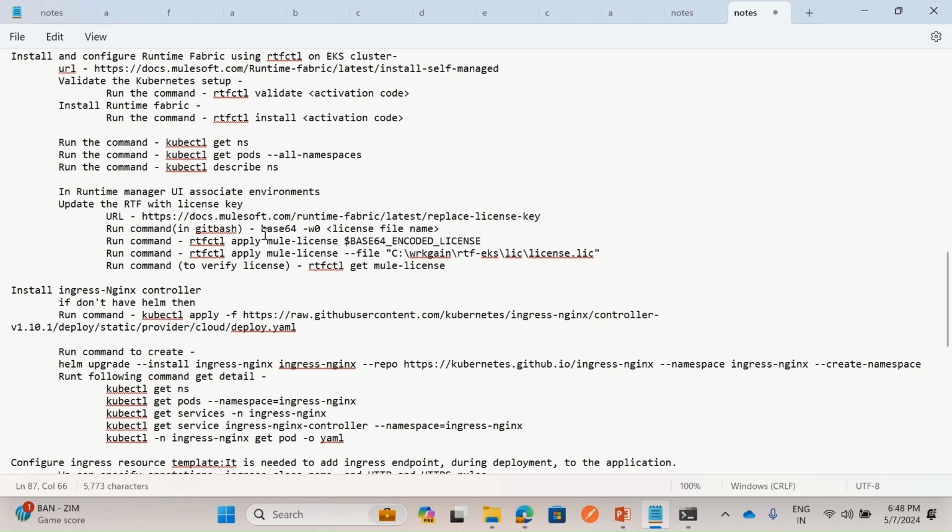So either you can convert using base64 -w0 and the license file name, this command, by opening Git Bash and then running this apply command, but we can also directly apply the license using this command, rtfctl apply new-license --file and the name of the file. So I'm going to apply this license,